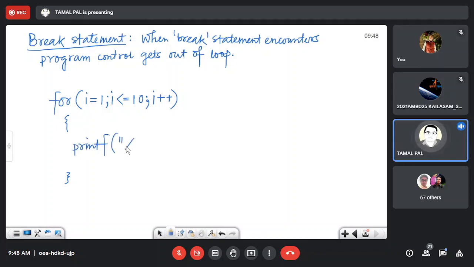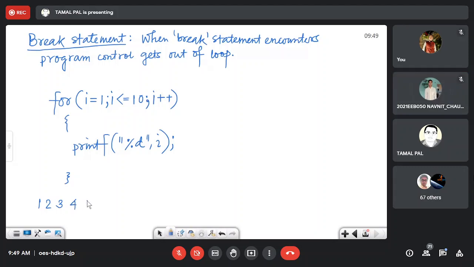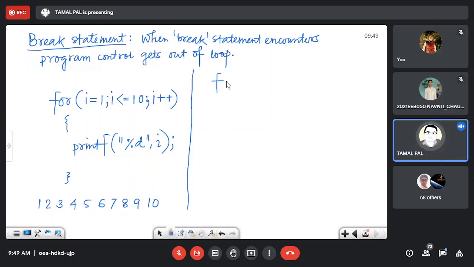This is without break, just a normal execution. Then what is the output? Tell me. One to 10. Then this is the output. I think all of you know it, but I am tuning the segment in different ways.